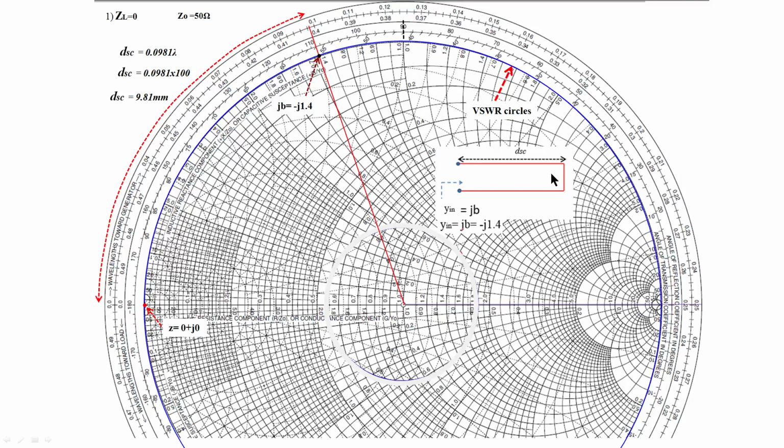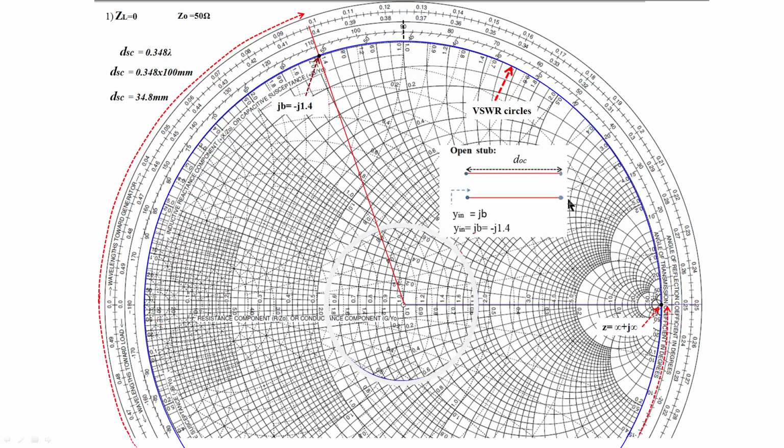So you can get any value using a short circuited stub. Similarly, with an open circuited stub also, we can design the required value of susceptance. Again I want minus 1.4, for example, but using an open stub. So what we have to do: you mark the load here, which is infinity, r value infinity and x value infinity, this is the point. You should go on measuring the distance from here up to the required value, minus 1.4, so I should stop here only.